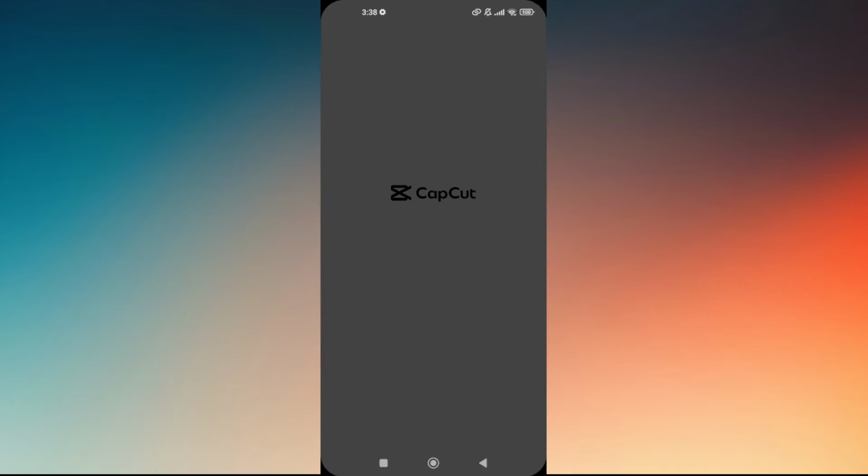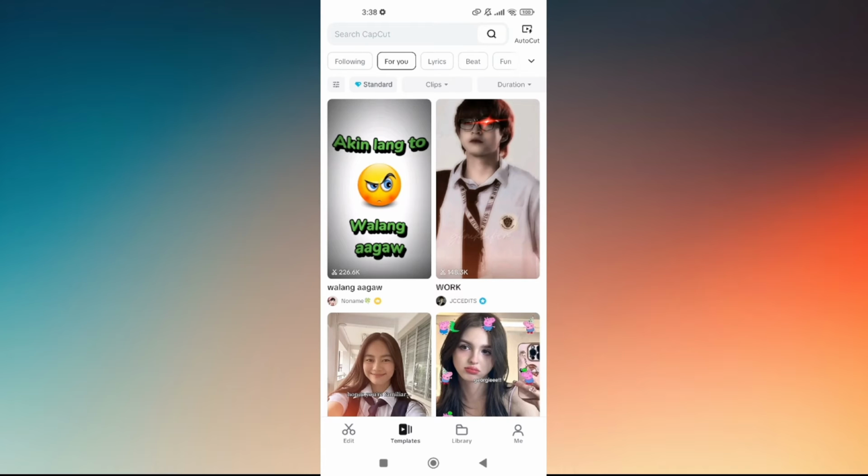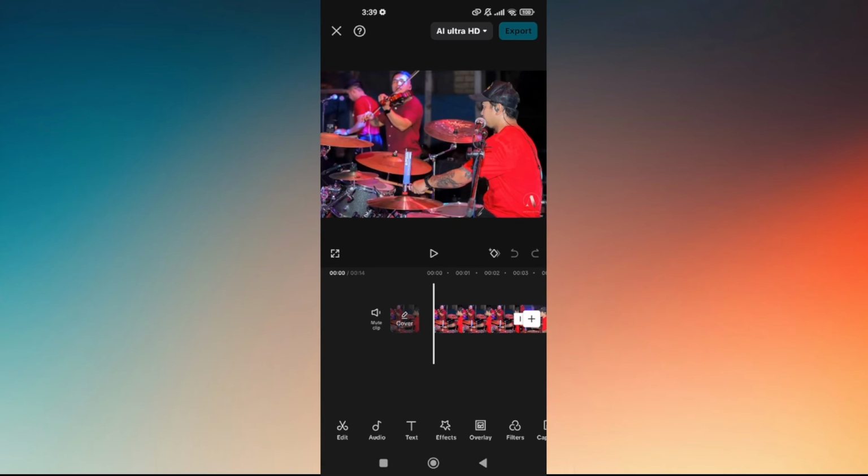Now, just access your CapCut application, and you've got to be patient with the ads that are going to show up if you're using the free mode. Now head over to your library and tap on Create. Now go to Photos and extract or upload any photos you would like to make a video with sounds or